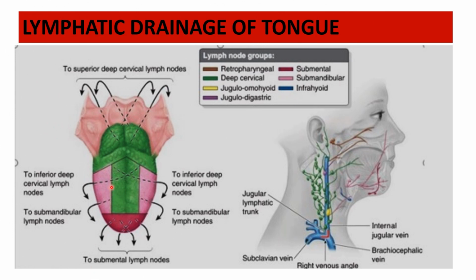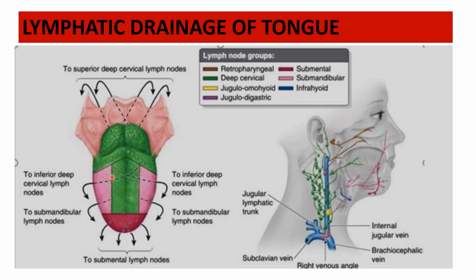Next is lymphatic drainage of the tongue. The lymph from various parts of the tongue drains to various lymph nodes. This is clinically very important, especially in case of malignancy of the tongue, that is tongue cancer. The lymph from the tip of the tongue is draining to the submental nodes bilaterally. That means from the right side of the tongue it can go to the left side, and from the left side of the tongue it can come to the right side of the lymph nodes. So this is the lymphatic drainage from the tip of the tongue, that is to submental lymph nodes.